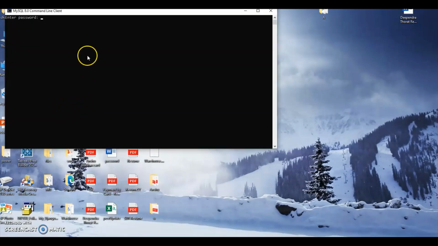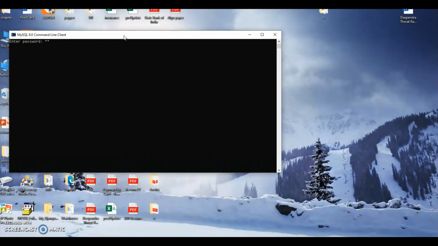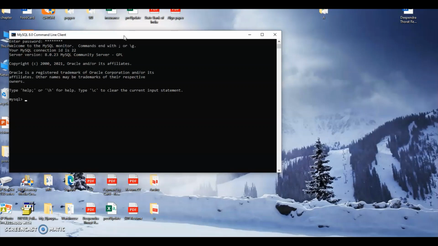We go to open this MySQL client installation. Now you can see I've started the MySQL command line. It will ask for the password. I will give the default password. Here in the prompt I will write create database and the name of the database that I want to give. So I am here giving the DB name for the database.